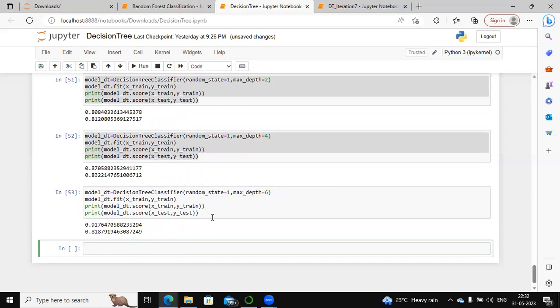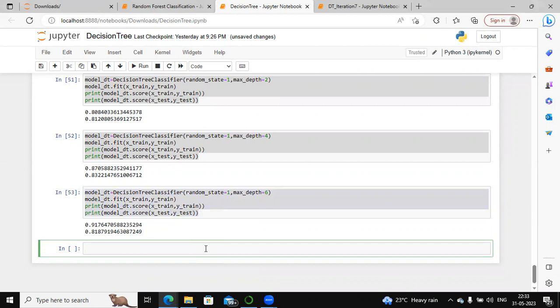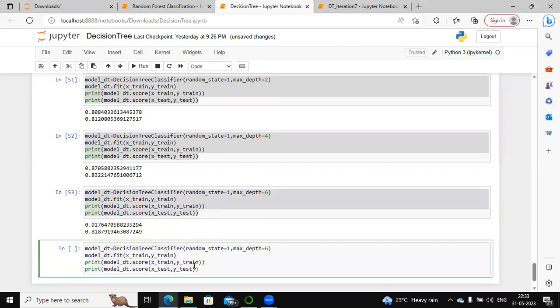So we have got a difference of 10% between my training and testing accuracy. This is not a good model, because the testing accuracy should be almost equal